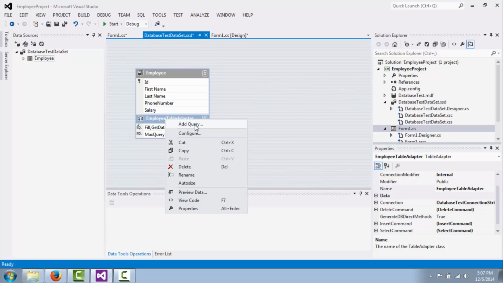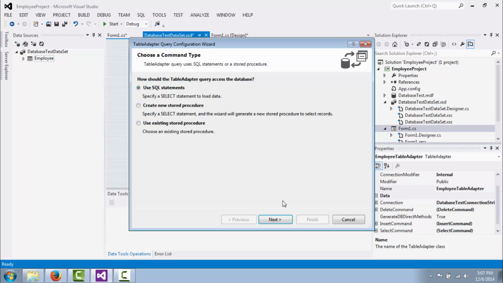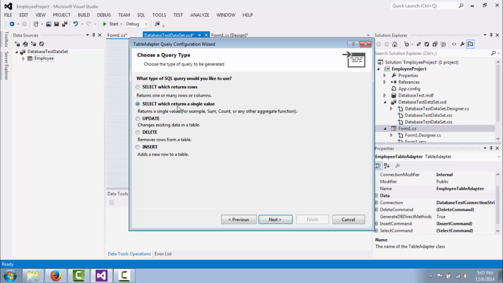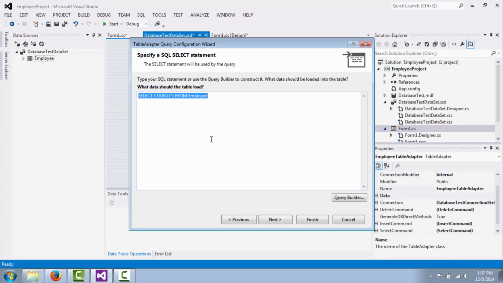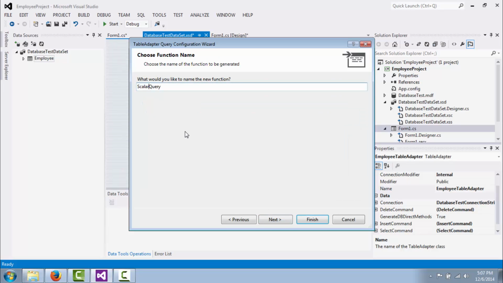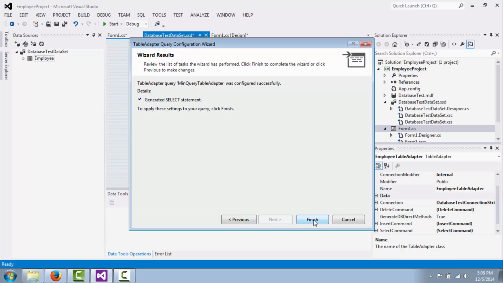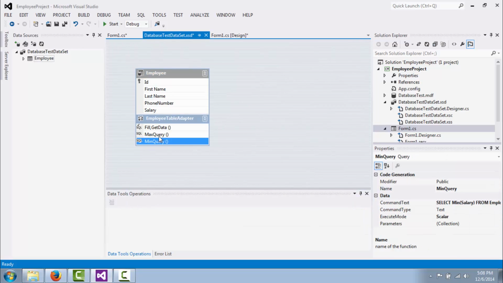minimum of the salaries. We'll do an add query again, use SQL statements, select which returns a single value and change it to minimum of salary. We'll do a next, change the name, do a next again, and we'll finish. So again, we'll see the minimum query method has come up in the employee table adapter, and these methods can be